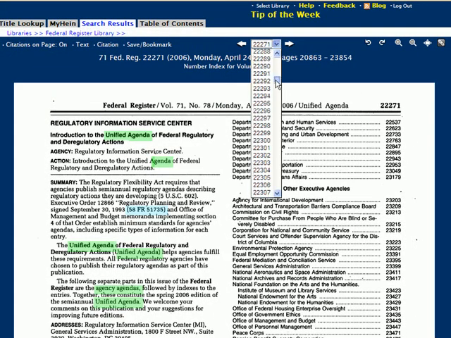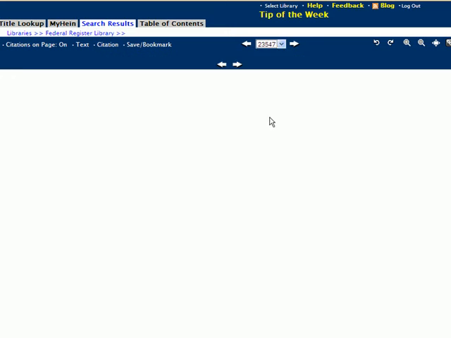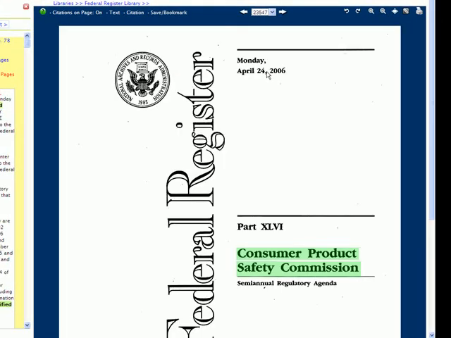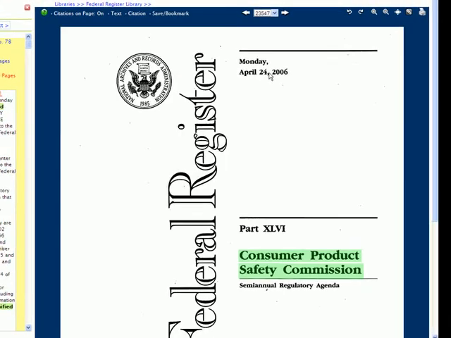So I'm going to click on that and choose 23547. And this is going to bring us to the first page upon which the Consumer Product Safety Commission's regulatory agenda